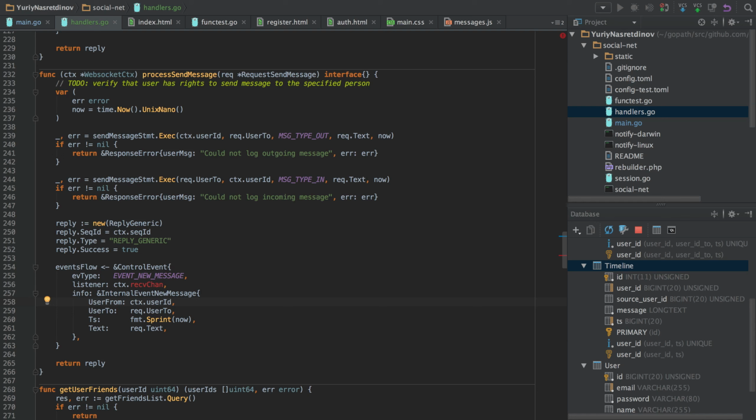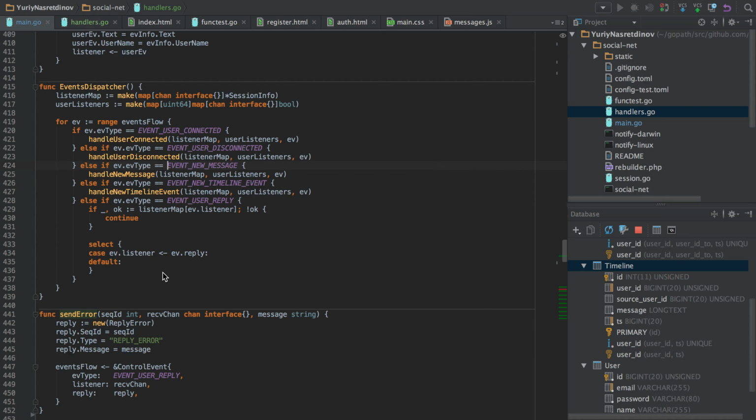And we don't have receive channel in context, and it is required for event flow, so we will have to introduce a listener in the context.